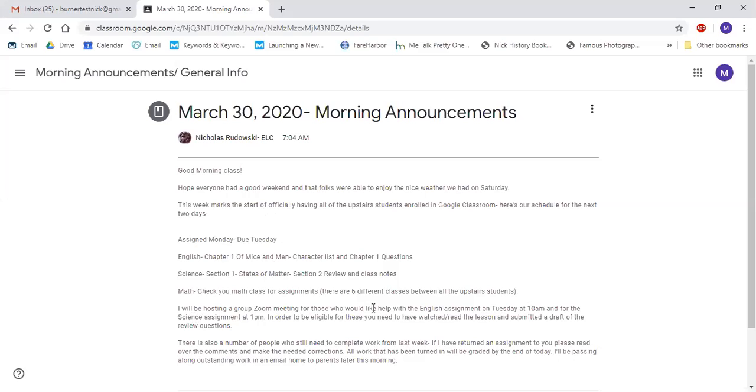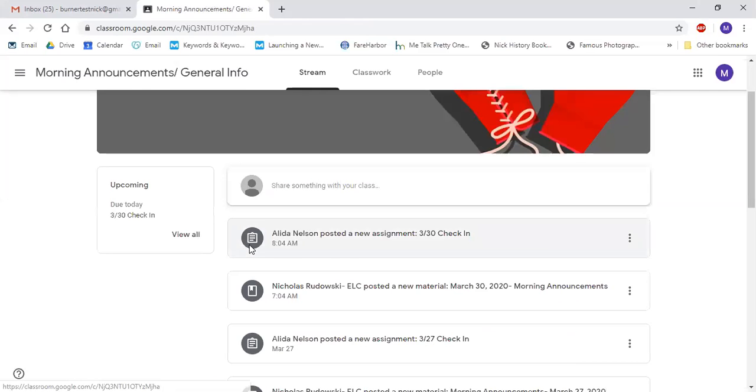We'll be hosting a Zoom meeting for those who'd like help with English tomorrow on Tuesday at 10 a.m. and science at 1 p.m. So basically an overview of just what the day should look like, or sometimes the next couple days. But this will be posted daily. Once you have a general idea on what's going on there, let's click back to morning announcements